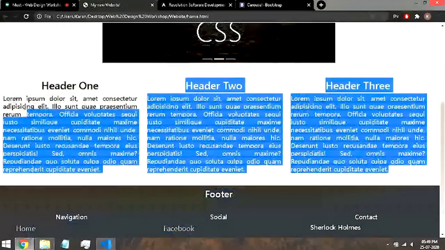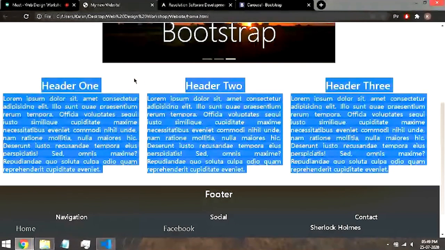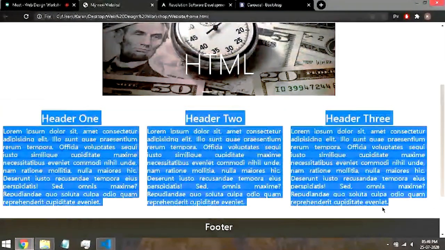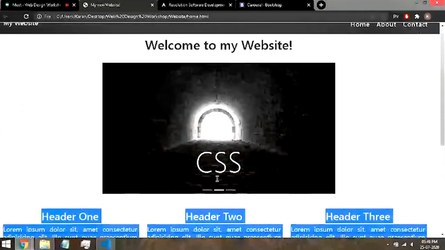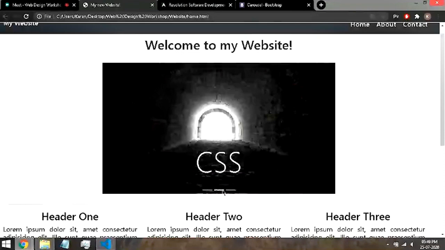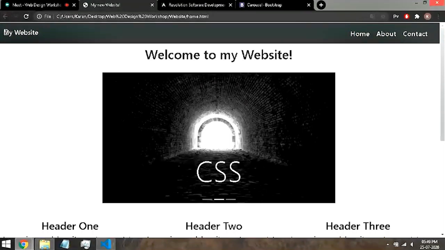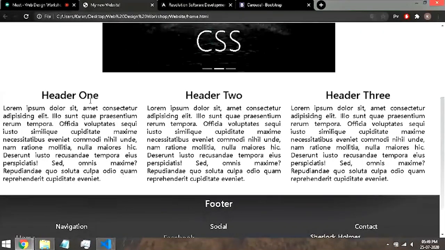This same concept can be used for making an e-commerce website as well. The way they show their products, they show it using rows and columns only. So this is a concept which is used in the industry heavily, the row and column concept. And this is the carousel used for making your website a bit interactive. So yeah, this is how you create a basic website using HTML, CSS, and Bootstrap.